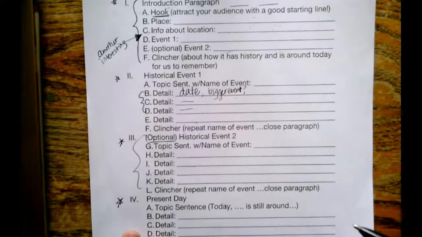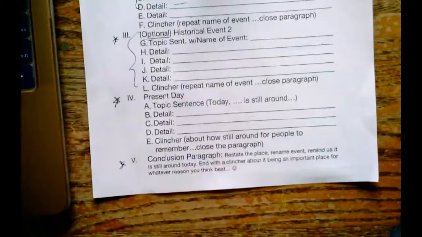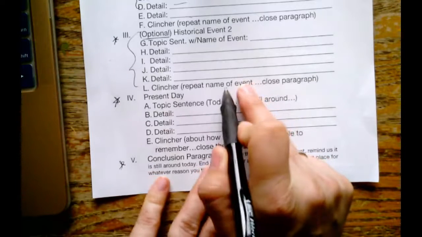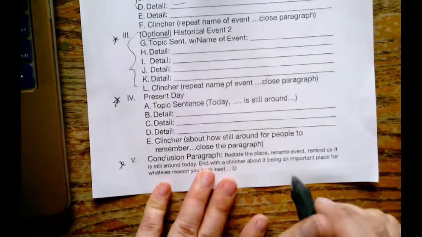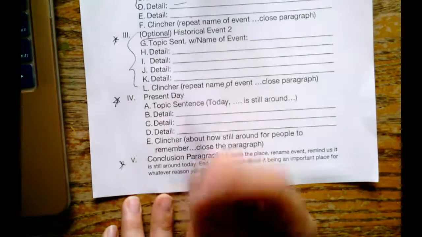It looks exactly the same as the other one. Maybe you had 3 really cool things happen in the place that you studied and you want to do a third one. That's fine. But remember that that's also optional, so it's not going to replace these next 2. Okay? So, if you're super duper excited about where you studied and you found another event, you could do